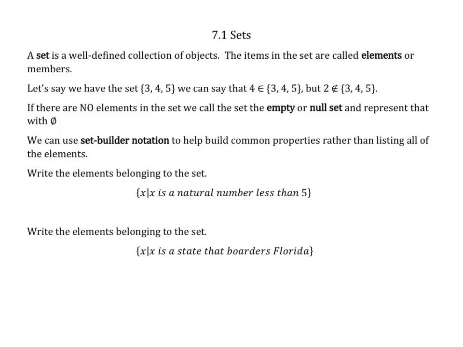Section 7.1 Sets. A set is a well-defined collection of objects. The items in the set are called elements or members. Let's say we have the set {3, 4, 5}. We can say that 4 is an element in set {3, 4, 5}. So this little symbol here means "is in." But 2 is not in